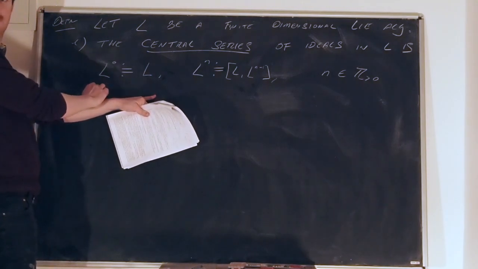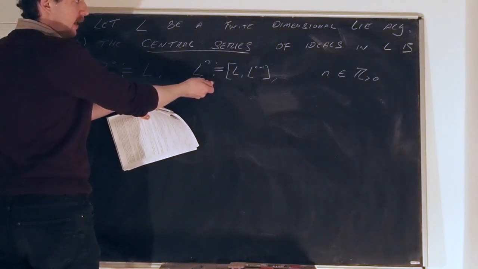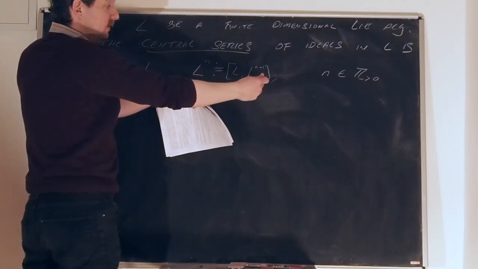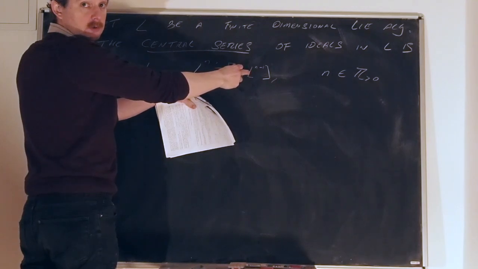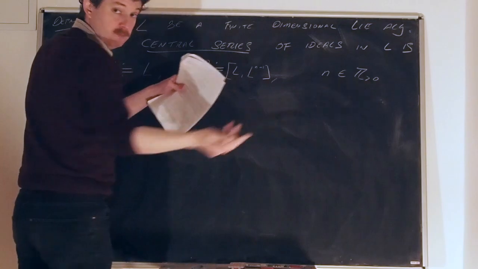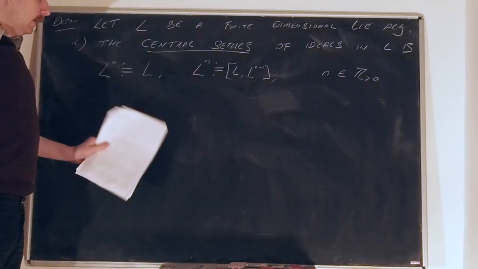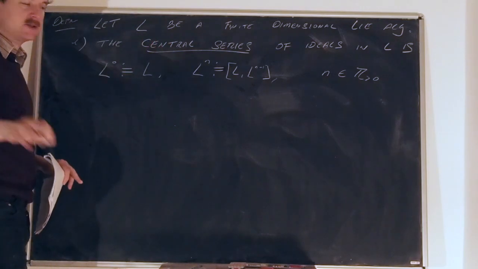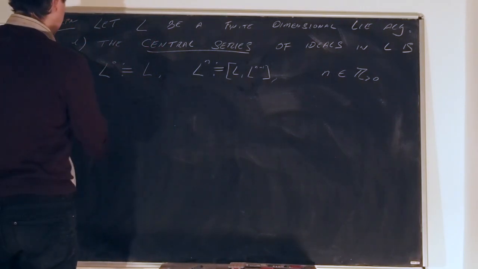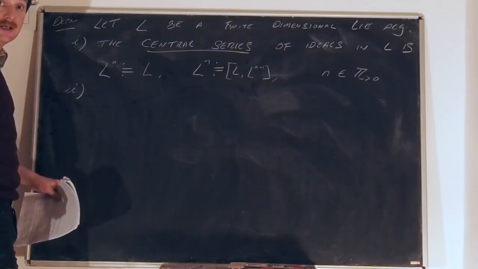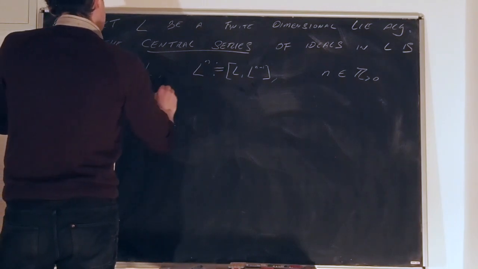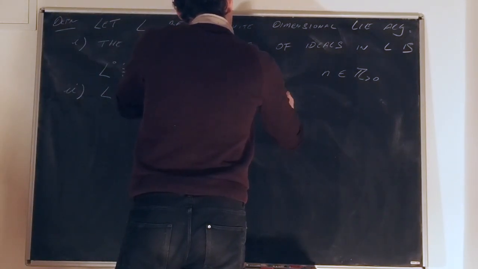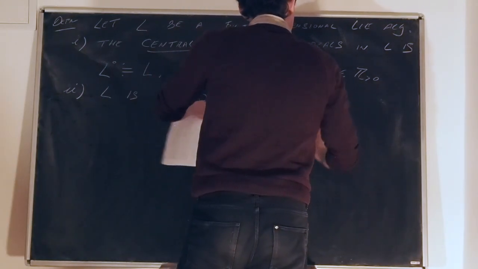Okay, so the integers which are strictly greater than 0. Okay, so we start with L. It's just our starting point because we need to start somewhere. And what do we do then? We define them inductively. So we define L n in terms of the previous ideal L n minus 1. Okay. That's how it works. Now, we know from the previous lemma, so what should we note? Before I make some comments on this definition, let's try to take it apart a little bit. But before we do that, let's introduce the definition of nilpotent. So L is called nilpotent if